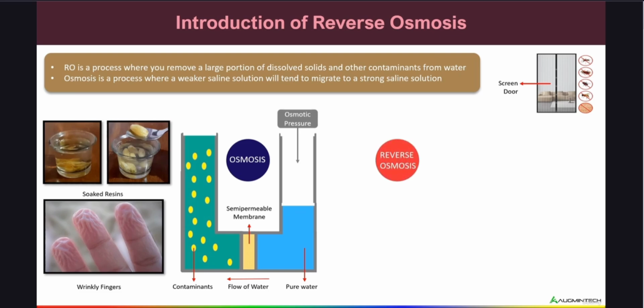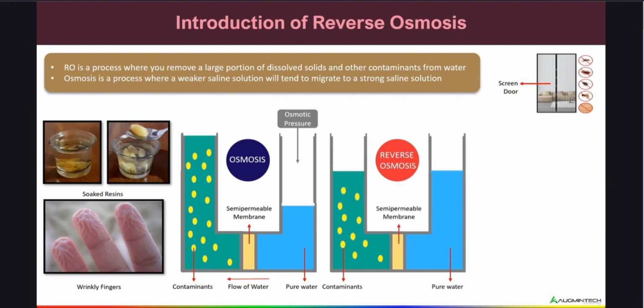If we talk about reverse osmosis, osmosis occurs naturally without energy required. To reverse the process of osmosis, you need to apply energy to the more saline solution. A reverse osmosis membrane is a semi-permeable membrane that allows the passage of water molecules but not most of the dissolved salts, organics, bacteria and pathogens.